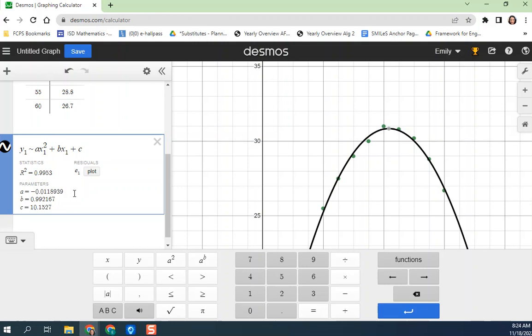Okay, so we're going to be writing an equation that has this A value, this B value, and this C value. We're going to round to 3 decimal places. So the first one will be negative 0.01, and then the other one rounds up to 2. So I'm going to write on my paper while I'm looking at this, and then I'll show you my paper. I'm going to write for my equation, y equals, not tilde this time, negative